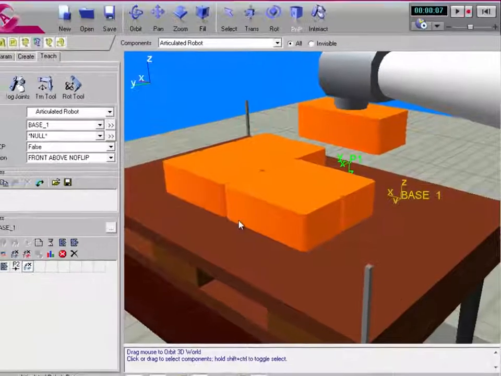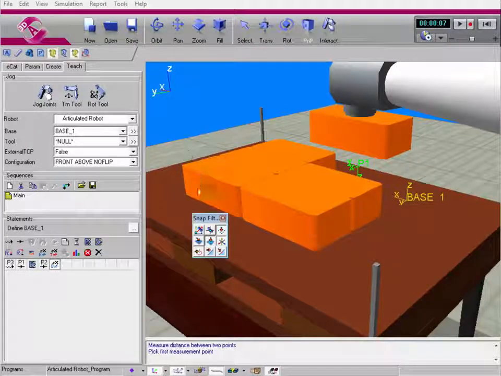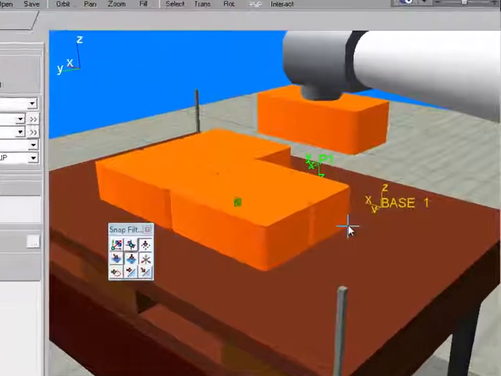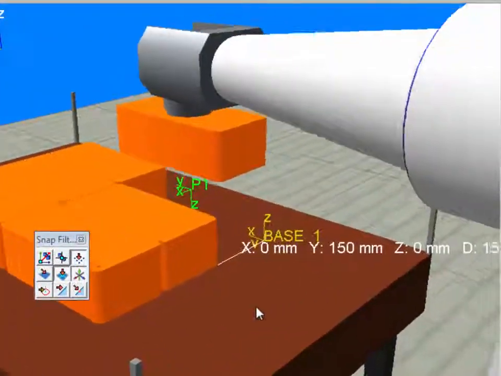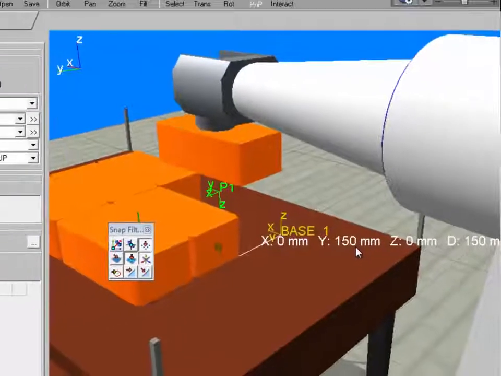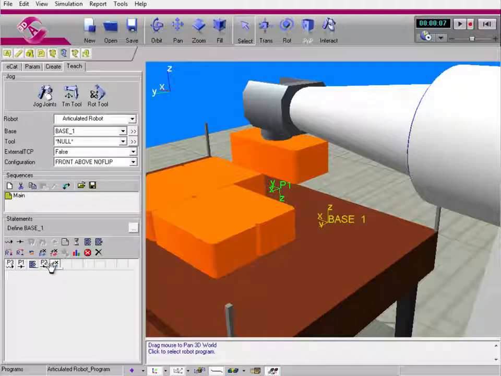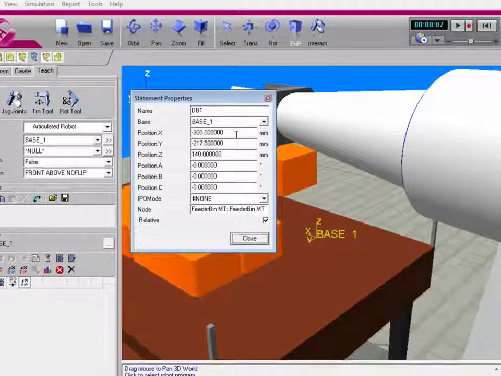So I'll go ahead and close this out, and now I'm going to take a measurement. So I'll go Tools, Measure. I'm going to use Snap-on Coordinate System to select base 1, like so. I'll then use Snap-on Point to select this point here. So I want to move base 1 to this point here, so I need to change it 150 along the y-axis. So I'll go ahead and exit out my measurement, go back to my change base location statement, and I'm